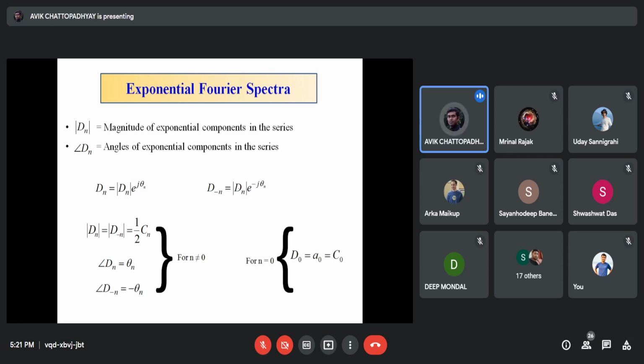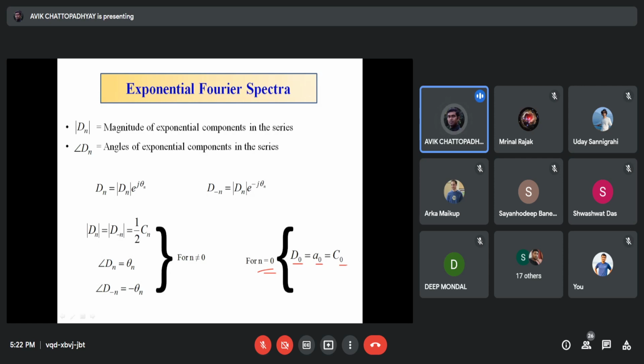আর যে তিনটে টাইপ অফ রিপ্রেজেন্টেশন হলো তার ফর থ্রি টাইপস অফ রিপ্রেজেন্টেশন when n is 0, that means the DC part, zero frequency term, so actually d naught equals a naught equals c naught in all cases, or whatever may be the type of representation, your DC term is not going to be impacted, ডিসি টার্মটার কিন্তু কোনো চেঞ্জ হচ্ছে না, এটা খেয়াল রাখবে। যেটা তুমি একদম সিম্পল ট্রিগোনোমেট্রিক ফর্মে করো, এখানে a naught দিয়ে আমরা রিপ্রেজেন্ট করছিলাম, সেটা যা কম্প্যাক্ট ট্রিগোনোমেট্রিক ফর্মে করো c naught দিয়ে যেটা রিপ্রেজেন্ট হচ্ছে সেটাও তাই। আবার তুমি যদি এক্সপোনেনশিয়াল রিপ্রেজেন্টেশন করো সেখানে যেটা এখানে d naught, এটাও একই ব্যাপার, সো সেটাও তাই, বেসিক্যালি তিনটেই।